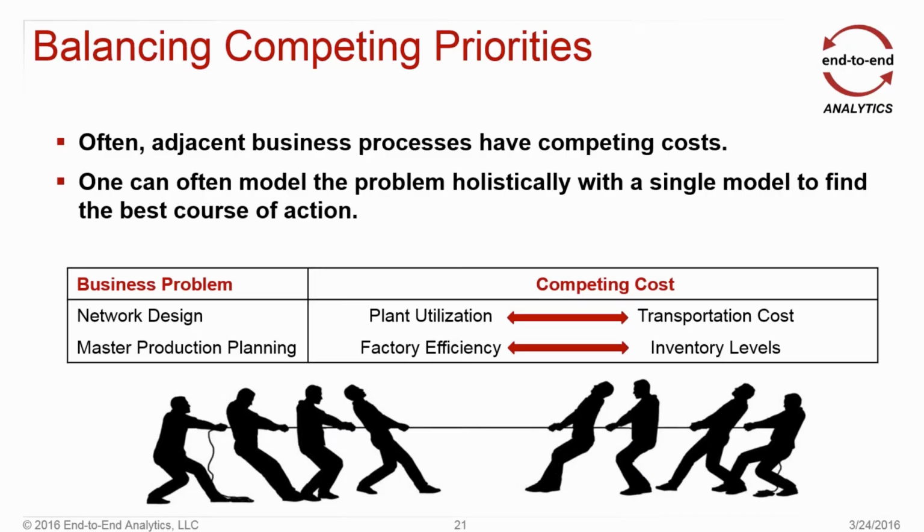As I mentioned, in almost every optimization model we see, there's some notion of balancing competing priorities, right? You have different costs in the objective function. Very often those things are, if not orthogonal, somewhat close to orthogonal from each other. The idea is, how do we figure out how to balance these in a way that's best for the business? And we found this is also a very good argument to use with clients, and it's one of the ones that we've had a lot of traction getting buy-in with.